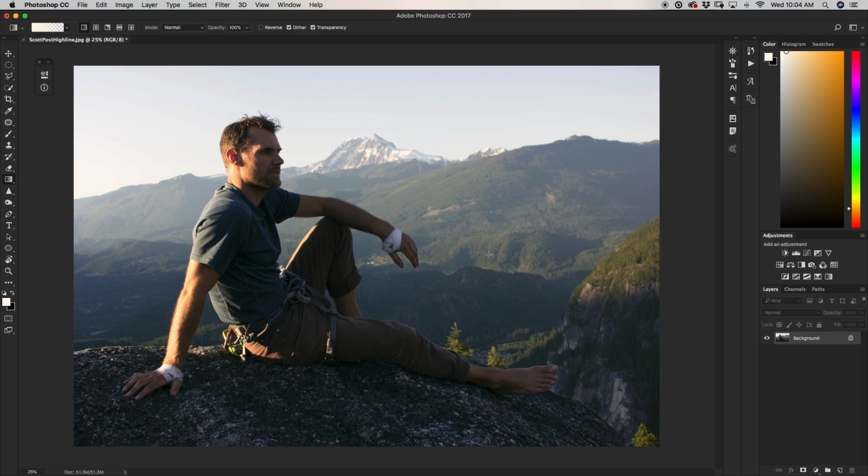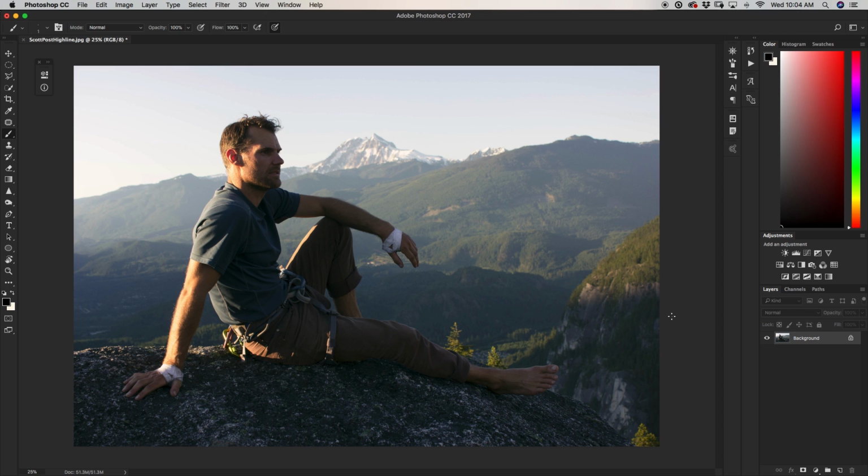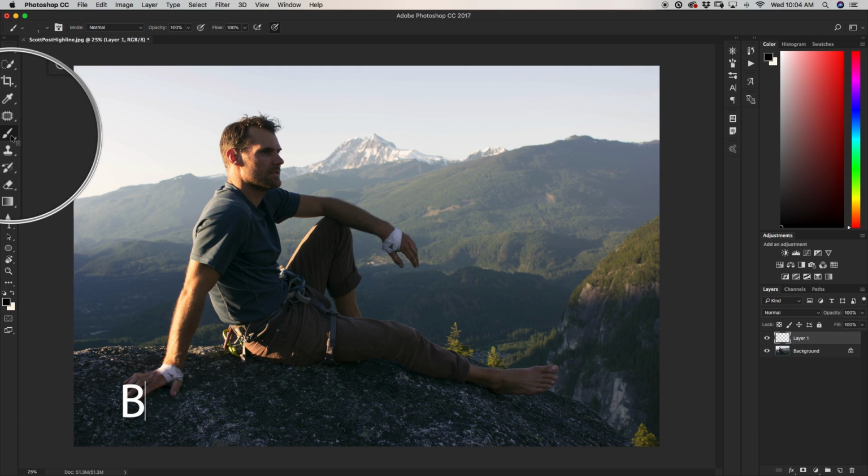Alright, so starting in Photoshop here, I have an image that I'm wanting to add my light burst in. I'm going to try to add a light burst over in this area right here. So of course we're going to want to put this burst on a new layer so then it's not permanently affecting anything. So I'm just going to go ahead and create a new layer by clicking my new layer icon. Then the next thing that I'm going to do is grab